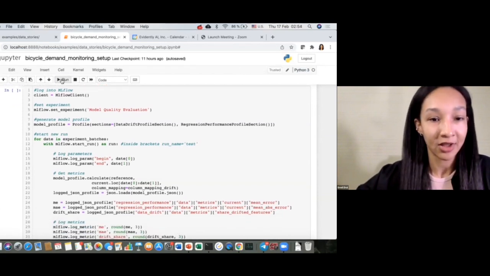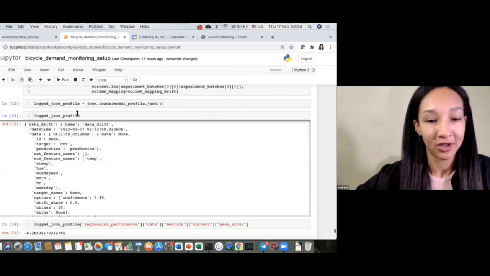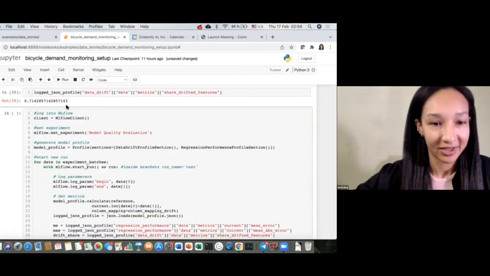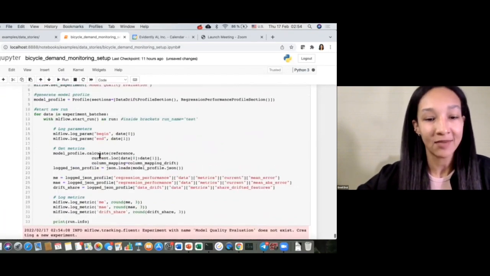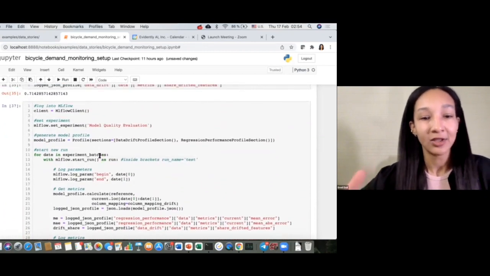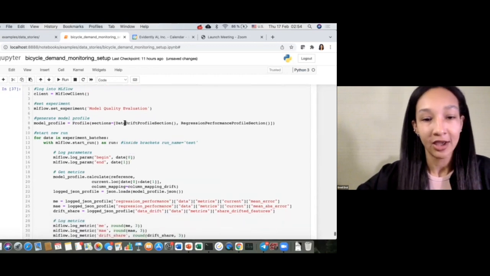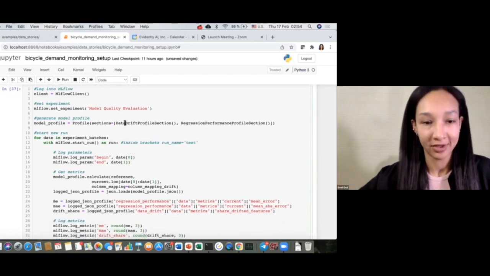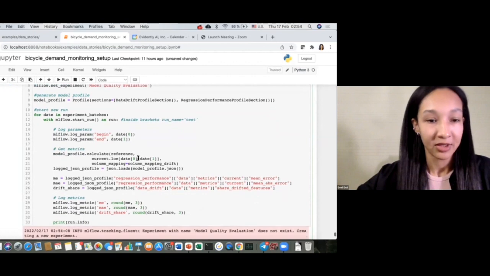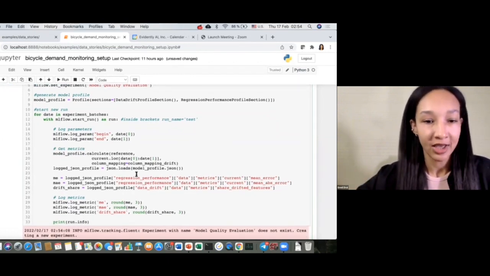So let's create our client. I'm going to run this cell in order to save some time, and let me comment on the way. So we created the client, we set the experiment name, right? And here we created the object for profiling, these two sections. So then we created a very simple cycle on top of our experiment dates, and we just